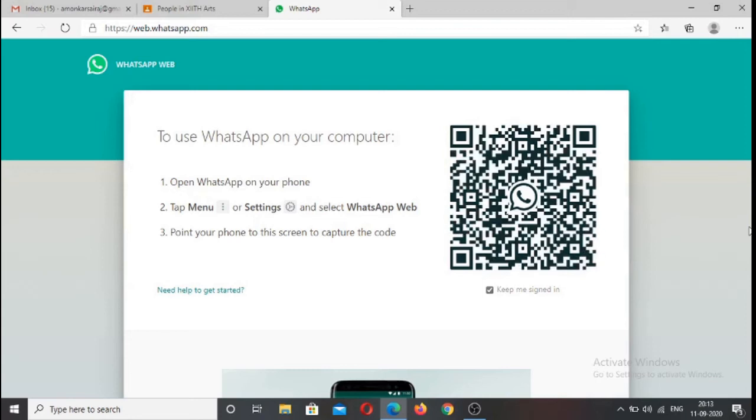Once we click on WhatsApp Web, we get the option wherein we can scan this QR. We get the QR scanner under WhatsApp Web. So we have to just scan this and automatically it is going to direct us to this particular WhatsApp. So right now it is going to highlight my WhatsApp.